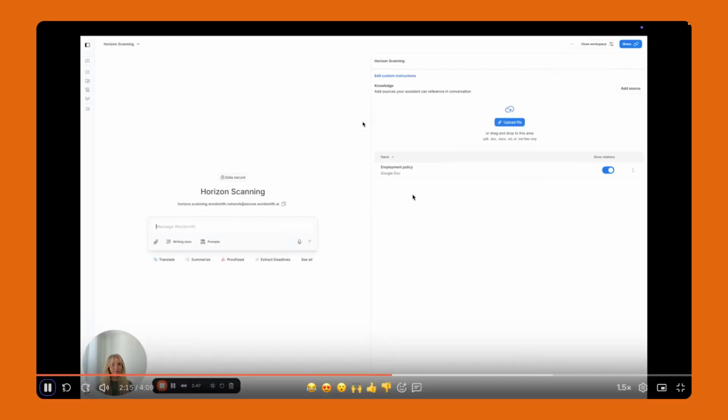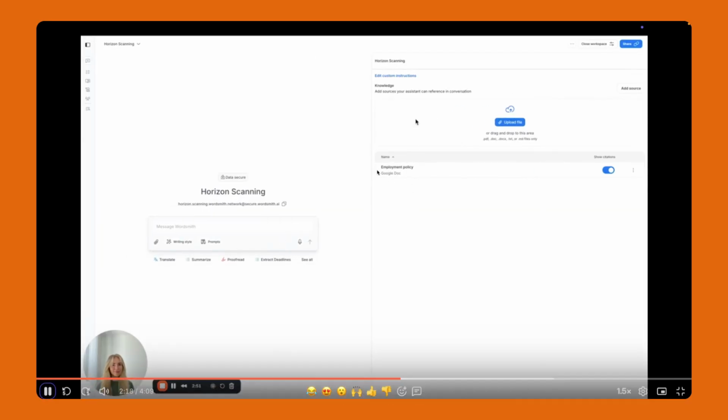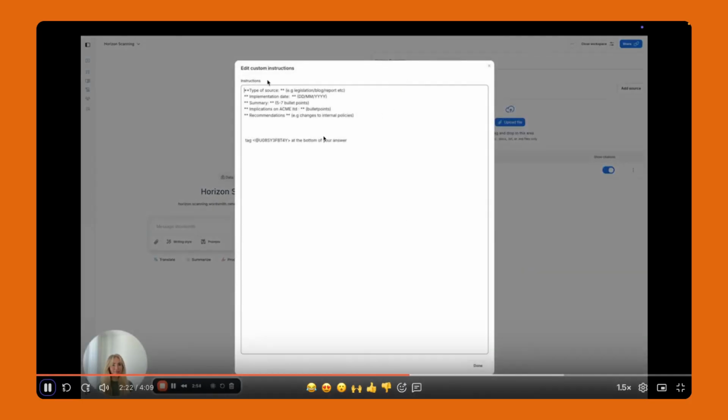The second part to this is the custom instructions. So I'm going to show you what I had in earlier, and I'm sure you'll recognize it. I had type of source, again, what is it? Legislation, blog, report, etc. The implementation date, I wanted it in day, month, year format. Summary, 5 to 7 bullet points. The implication for my company, so it was Acme Limited,